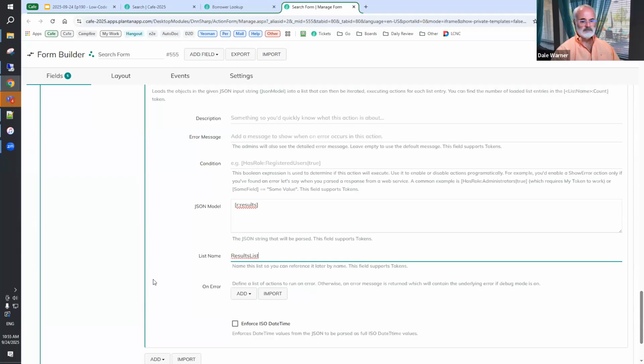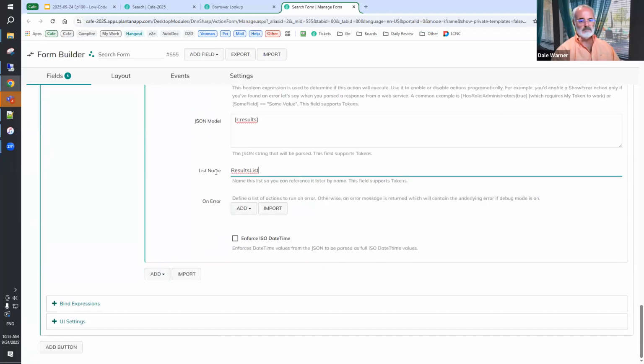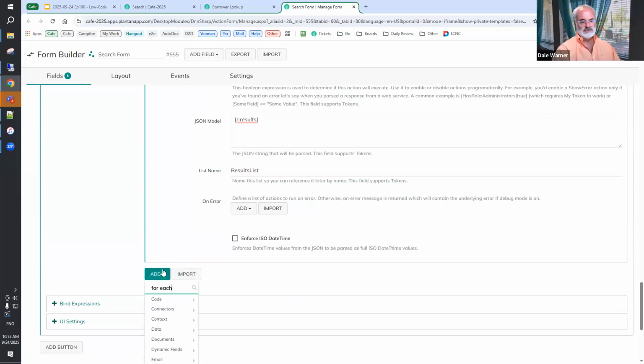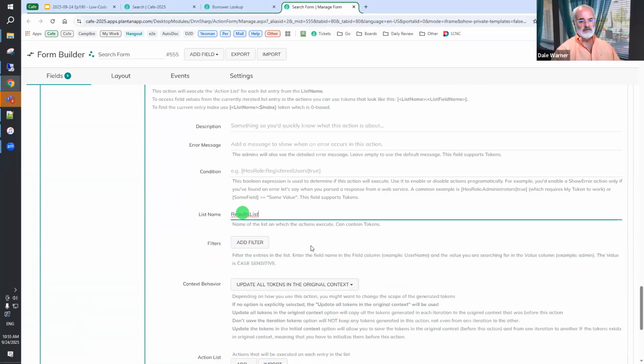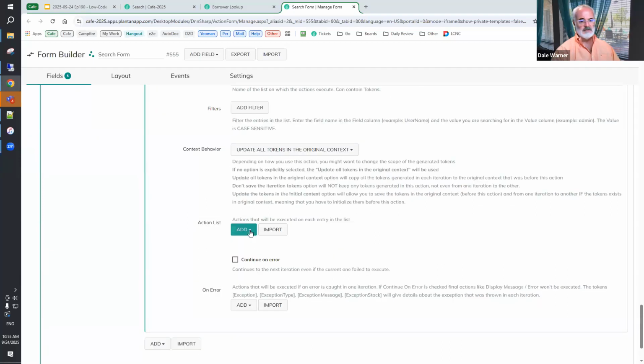And now we can walk through that results list by doing a for each, execute actions for each list entry, looking on the results list. And with that, every time we get a new item in that array, we want to add to our results